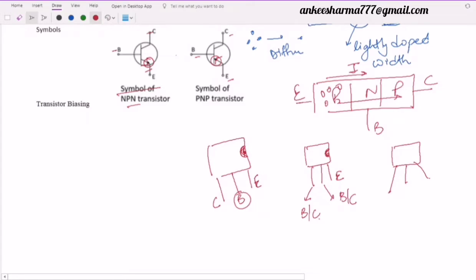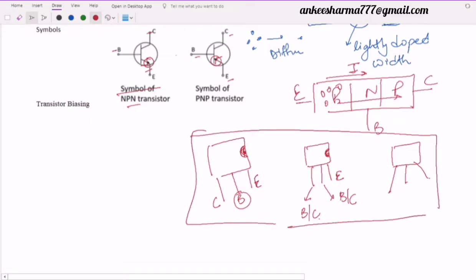And before that, I want to discuss the transistor biasings and give you a brief idea about the resistances at the emitter-base and base-collector terminals. So this is pending. I will tell you how we will find these three terminals if we have this type of transistor. Next, I want to discuss the transistor biasings.